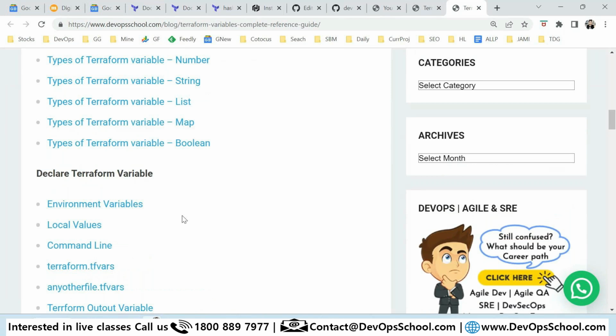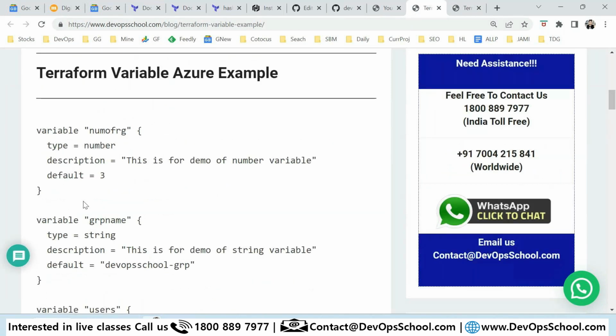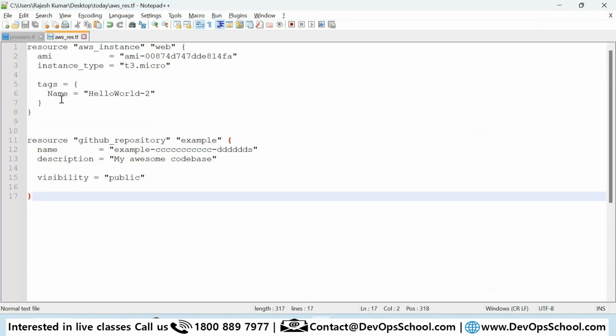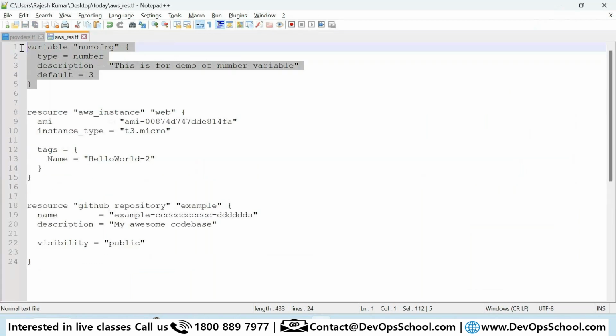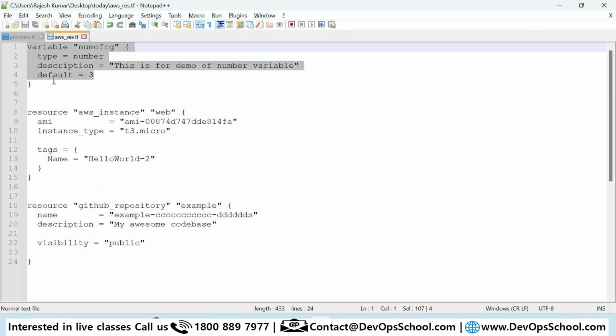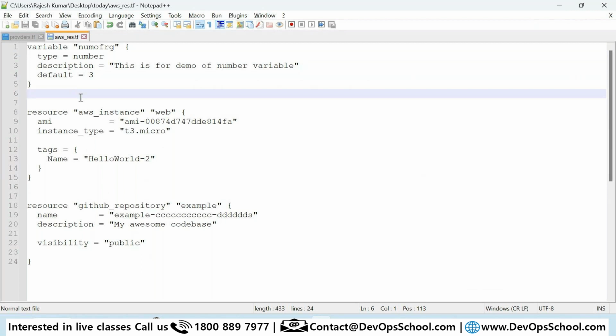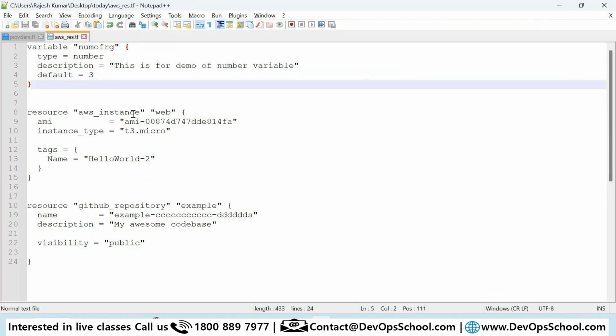So let me show you one of the variable which I am defining, and look at this. Here this variable is, what type of variable? This is the way you define the variable. So variable name, type, number, and default value. Okay. So now if you want this variable to be used here, this is the variable name, and you can